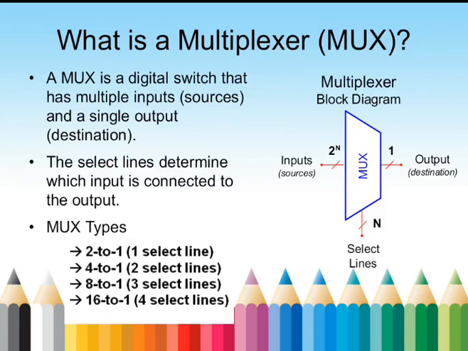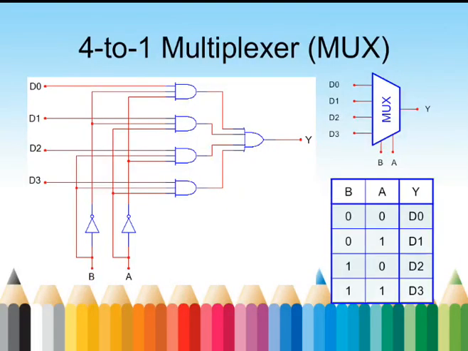So let us discuss the multiplexer with the help of a 4 to 1 type. It is evident that it consists of 4 input data lines, D0, D1, D2, D3, and it will have only one output line, Y. It consists of 2 select lines, A and B. We may express this block in a truth table. With the help of the select lines, the output line determines which input is selected.